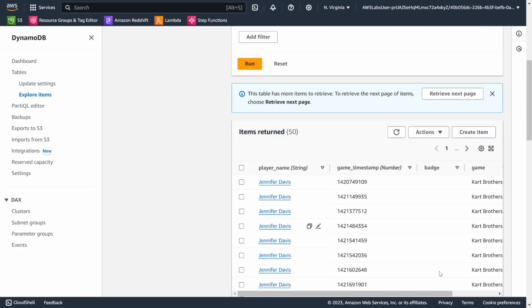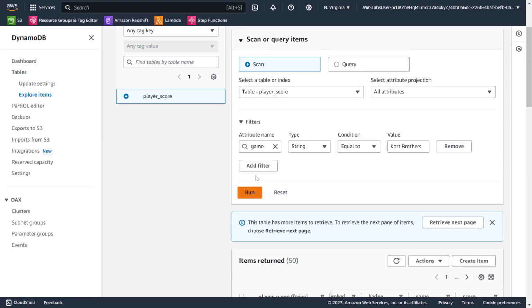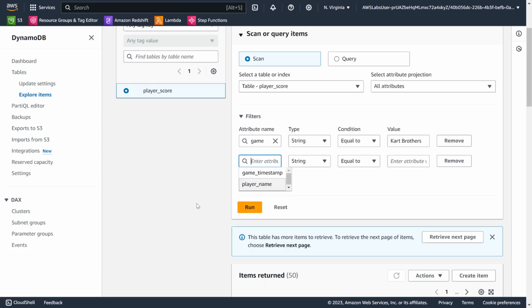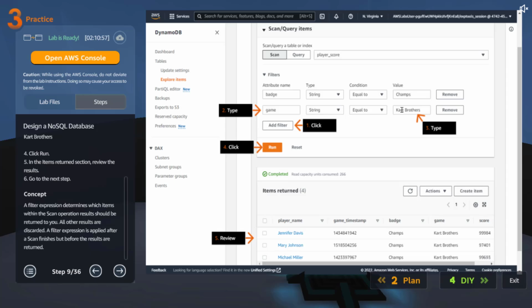Okay. Oh, now we got the badge. That is weird. Okay, as you can see, even though it didn't give us that option here when we are trying to type it, it is only giving the sort key and the partition key. So let's put that name as badge, and they want it as champs, I almost forgot.